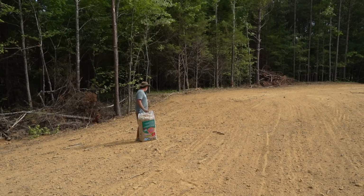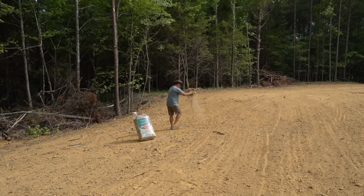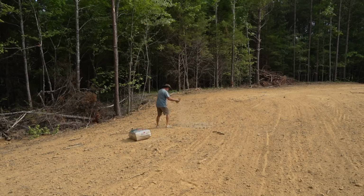Right here is definitely the worst area. You can see the furrow still a little bit right there. I didn't get them out with a harrow, but we need to get a bunch on this area, not just a little bit. We definitely need to get these furrows filled in, and I'm gonna get this whole hillside right here filled in. I don't want any more of this erosion taking place,